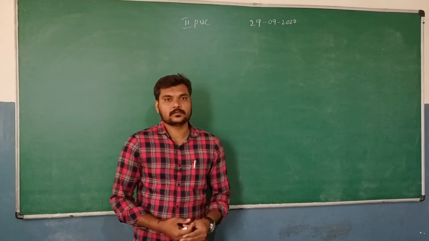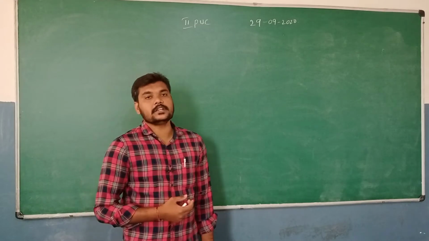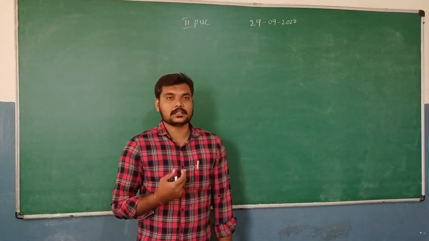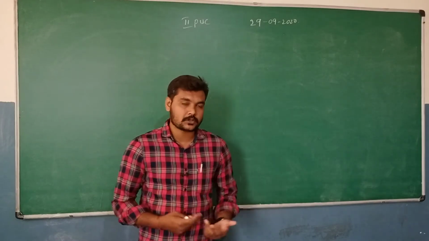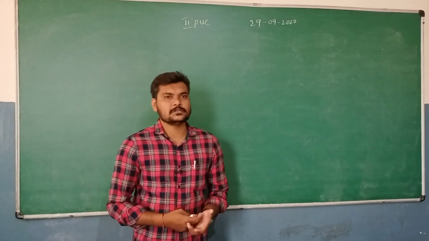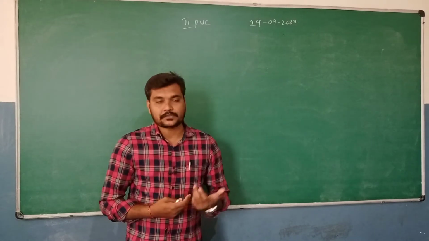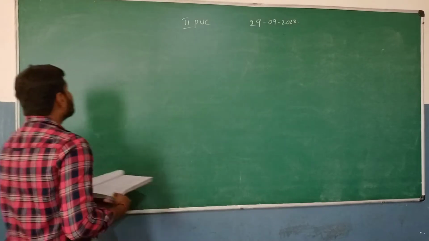In the previous video we came across the definition of the determinant, how to find the determinant of order 2 as well as order 3, and how we can expand order 3 along the rows and the columns. So in this video I am going to solve some more problems related to order 2 as well as order 3 to find the determinant. Here is the first problem for today's video.